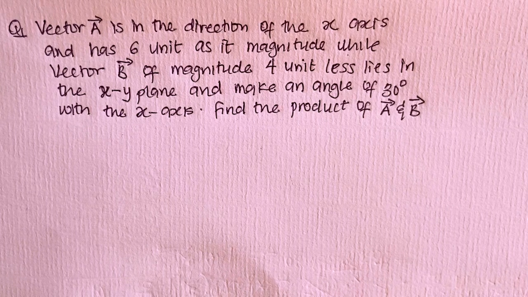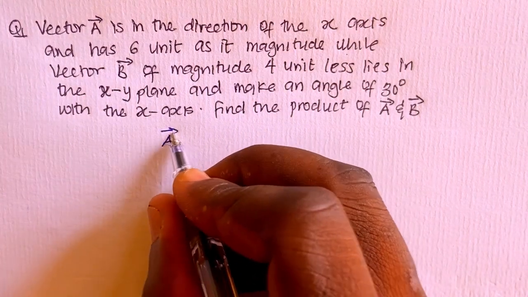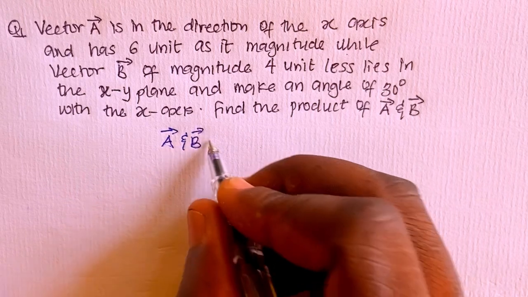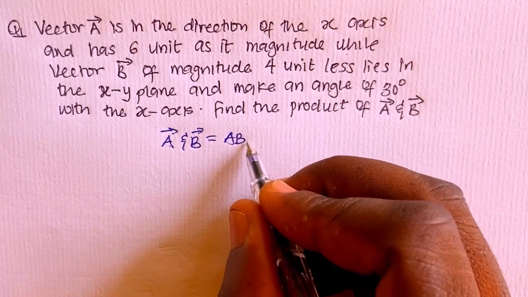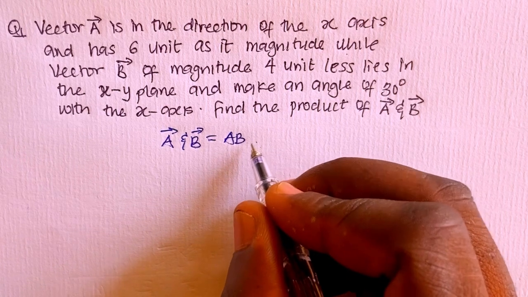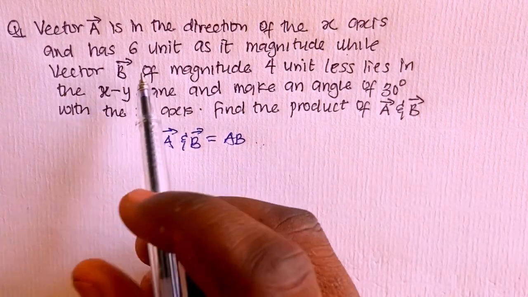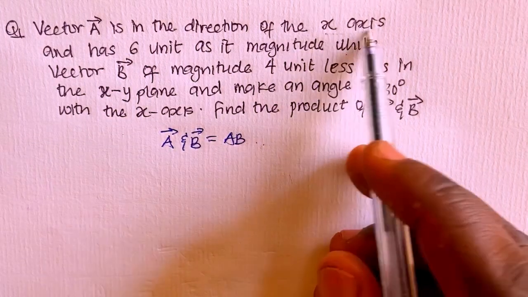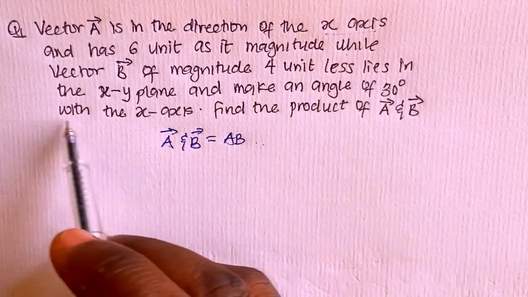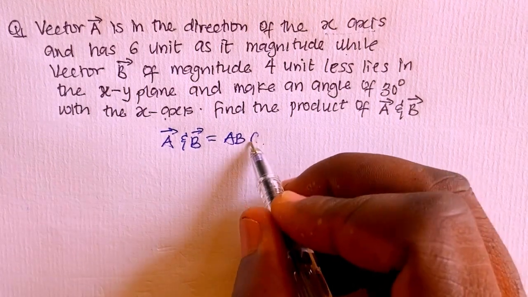So what actually happens is that whenever we have vector A and vector B and we're asked to find the product, but both are inclined at a particular angle to each other, then the product is taken to be vector A dot vector B, which is equal to AB. Then to specify the angle we are going to use in this case, since the vector A is in the direction of the x-axis and B makes an angle with the x-axis, here we will have it to be AB cos theta,